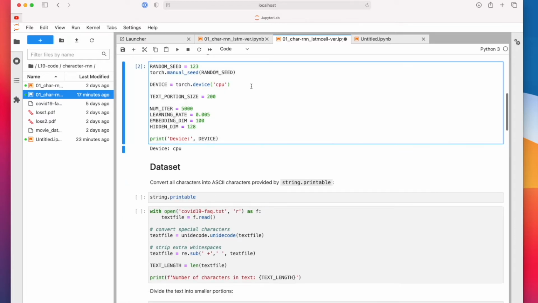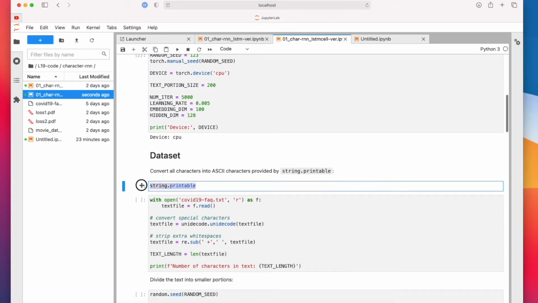I'm running this on a CPU. I actually had problems running this on the GPU. I think there's a bug in PyTorch. It runs fine on the CPU, but on the GPU, it will restart the kernel. And if I run this in my terminal without Jupyter Notebook, it gives a segmentation fault. My suspicion is that it's a bug in PyTorch, or maybe it's related to the fact that it's loading the data too fast, and it's trying to access some memory on the GPU that is not free yet. Actually this shouldn't happen, so I believe there's a bug somewhere. But anyway, it's quite fast, so we can run this on the CPU.